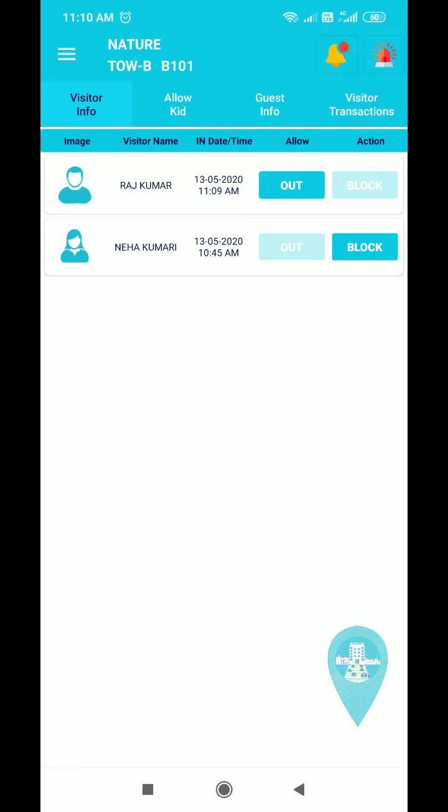What is the use of this? So I give you a small example here. Suppose one person came to the gate and gave an entry saying I am going to meet with you, Mr. Manish, and gave the detail of tower and flat as we are talking about, but he goes and talks to someone else and goes out at the same time.